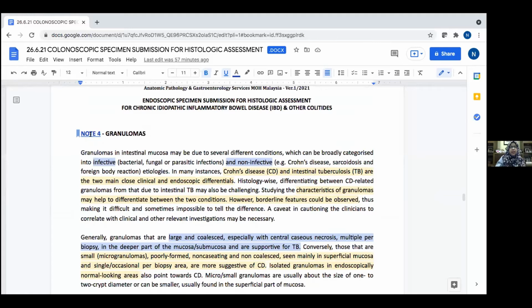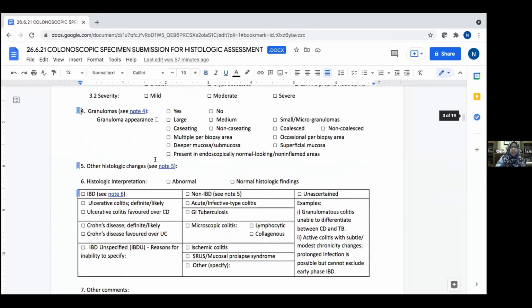Now let's go back to our form. So now, if we see granuloma, we have to spend some time to appreciate the characteristics of the granuloma, because it will be helpful in deciding whether we are dealing with Crohn's disease or TB, or a possibility of other causes. So, go back to the